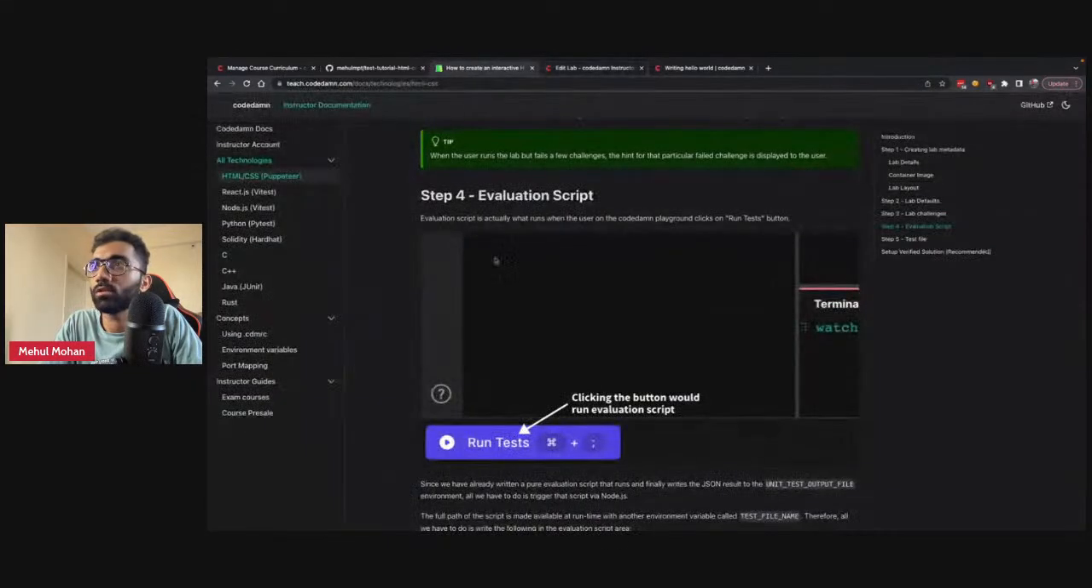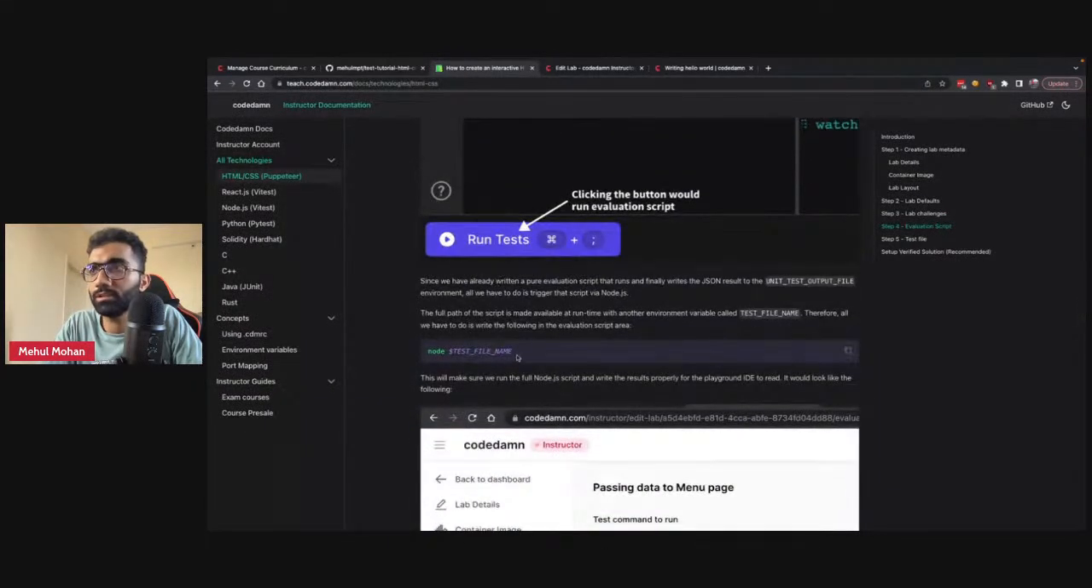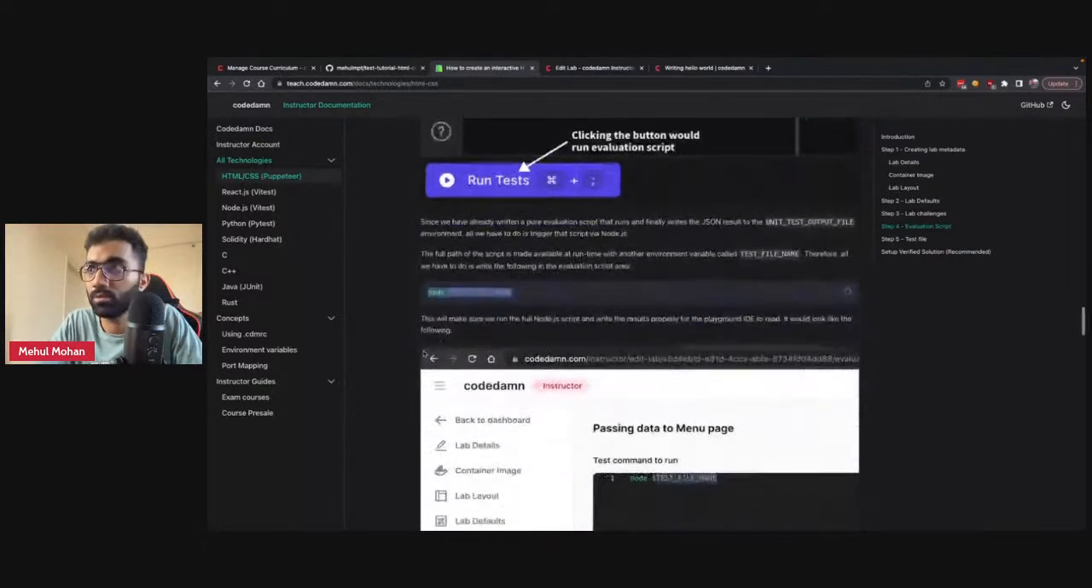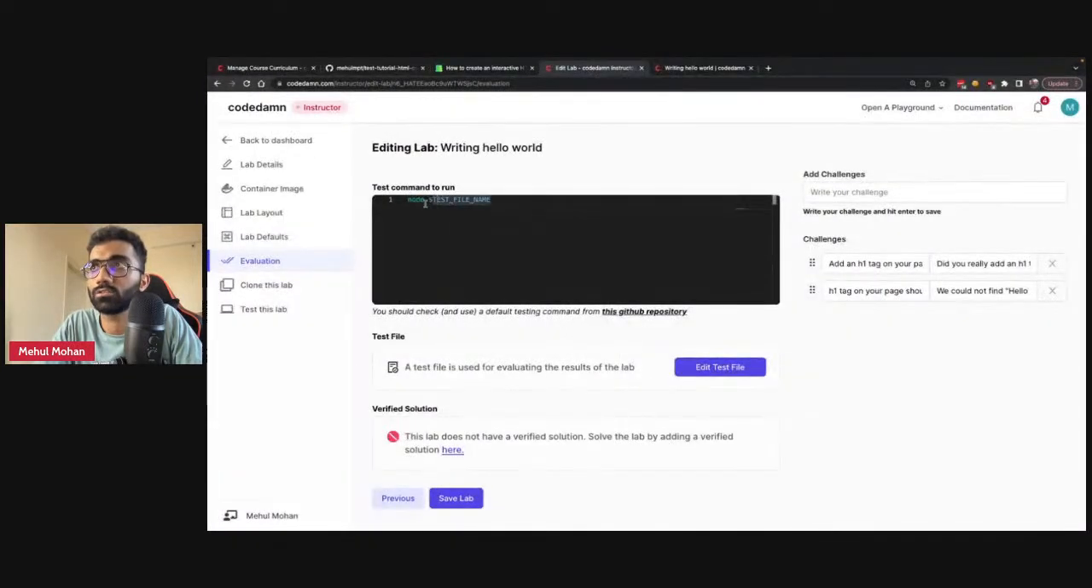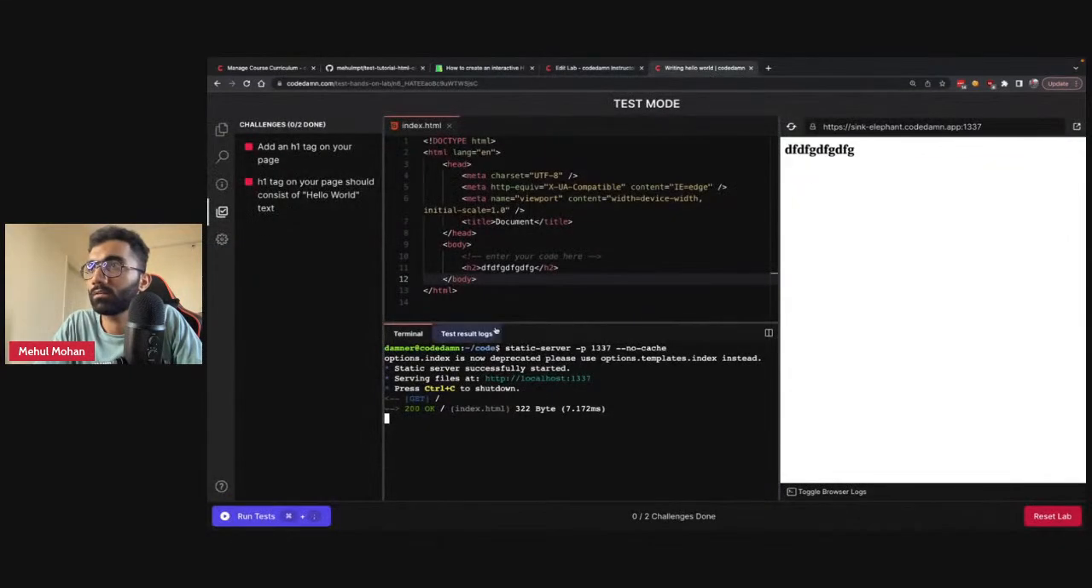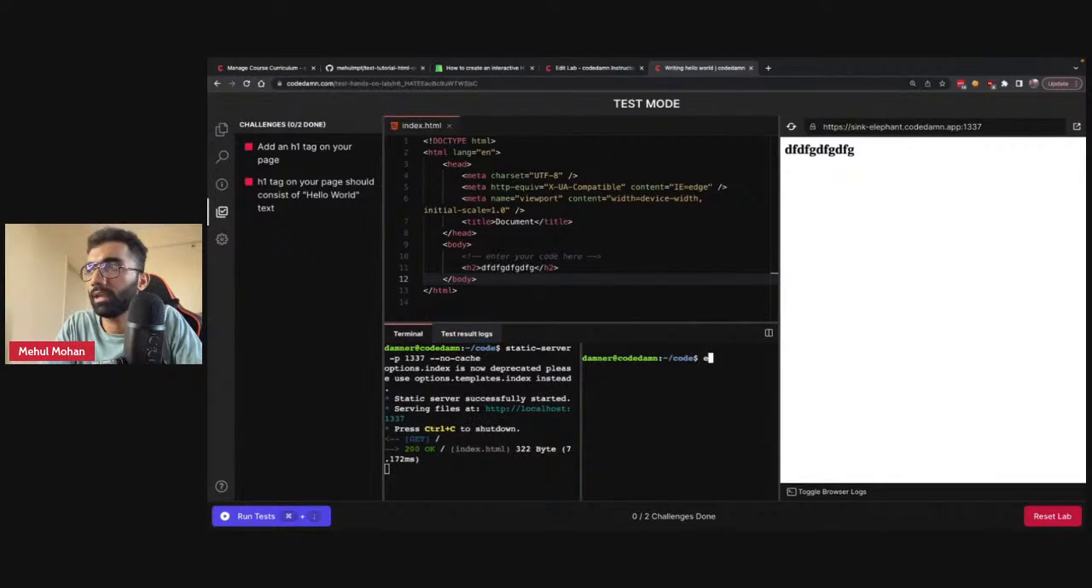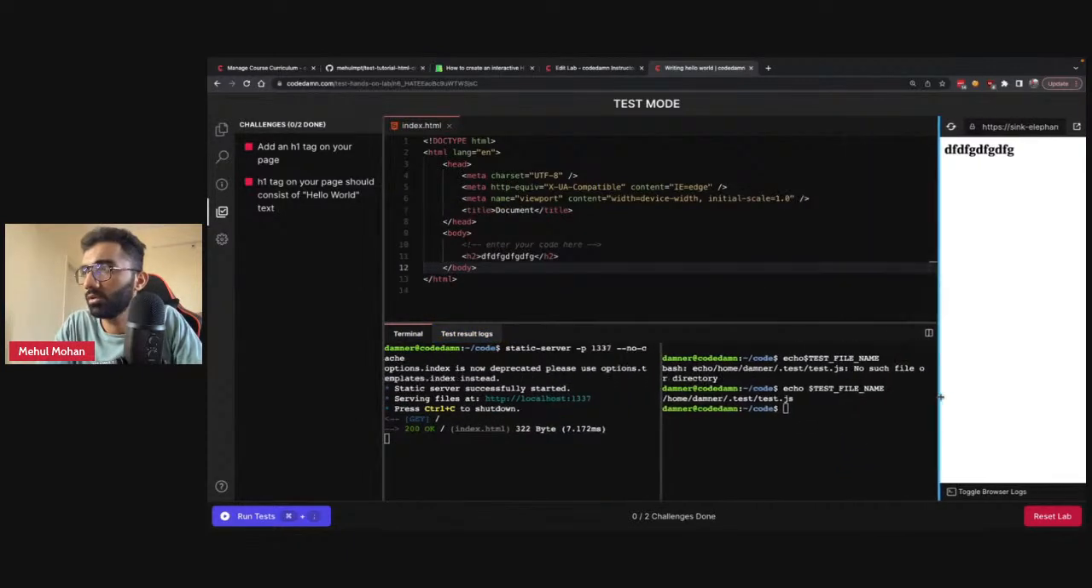What do we do in case of HTML labs? In case of HTML labs, if we just want to run a simple Node.js script, which is like a Puppeteer script, all we have to do is specify this as the test command. So you see what this is doing is that this is running a node script. It's saying node and then $test file name. This $test file name is an environment variable. So if I just open another terminal and if I echo this particular environment variable, you can see this is the